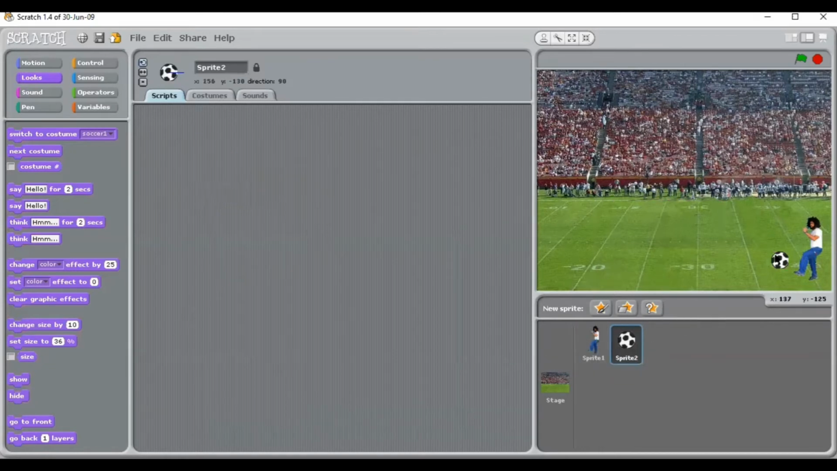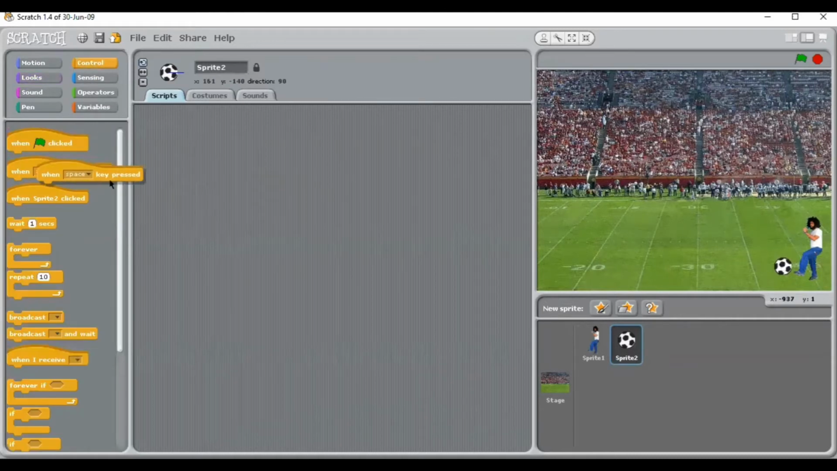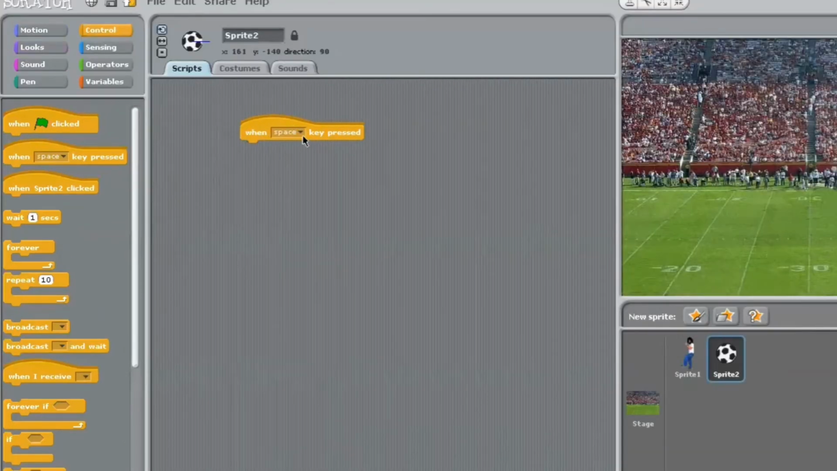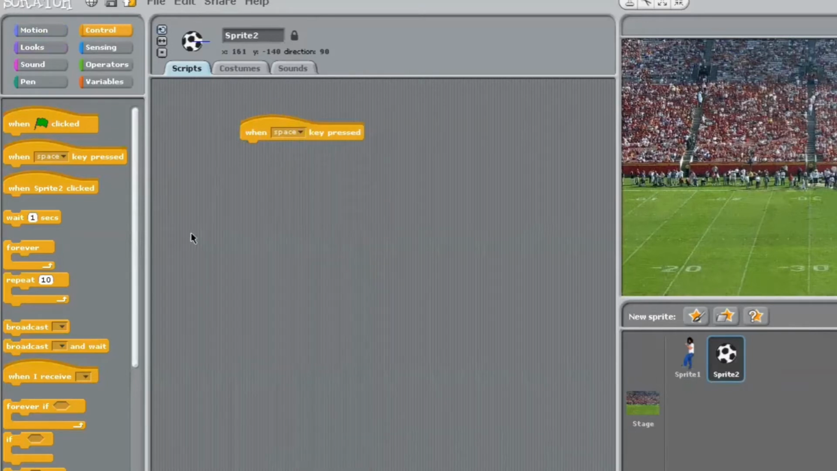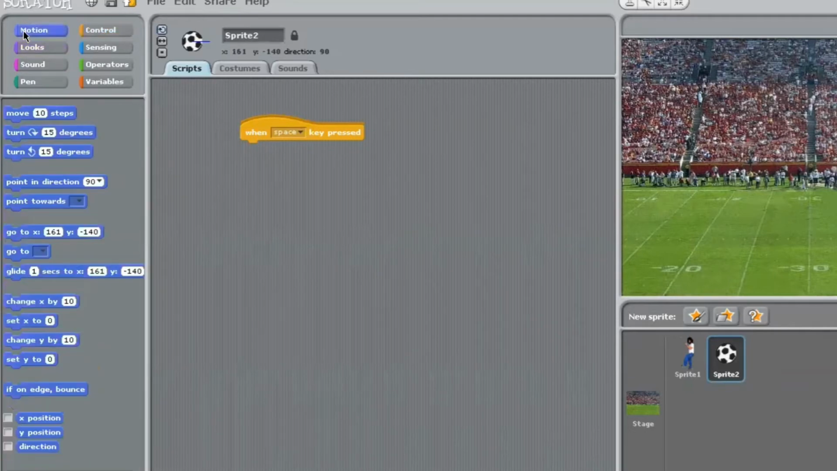Now let's go to the sprite two, that is the soccer ball. For that, same thing, you should go to the controls and type when the space key is pressed, or you can make anything like up arrow key or down arrow key, A, B, C, D, many. So I'm taking when the space key is pressed, go to the motion and glide for 1